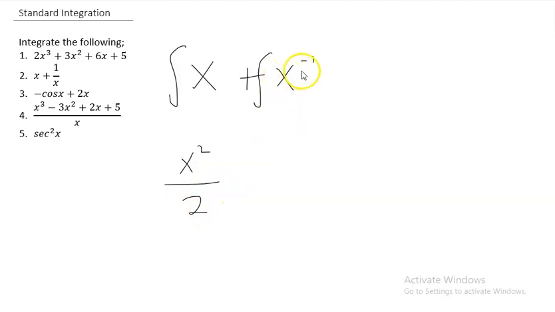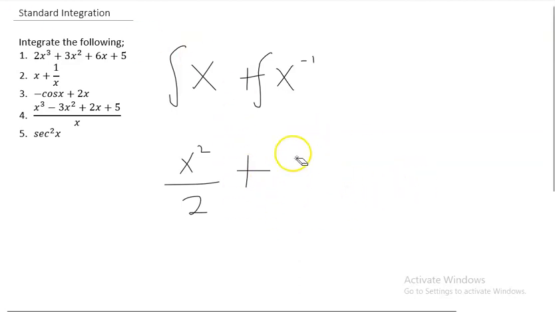Now the normal thing to do here would be x to the power of negative 1 plus 1. But obviously that's going to give you 0, and then you'd have to divide by 0. And obviously, anything divided by 0 is undefined, and we don't want that. We want to have an actual answer. Okay, so remember that